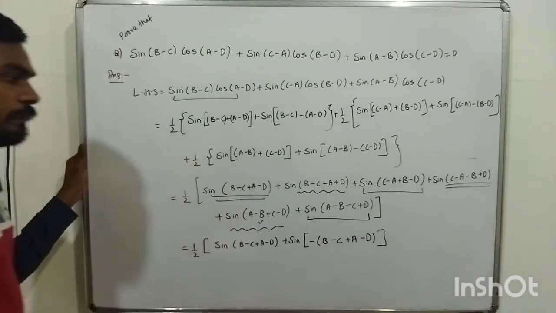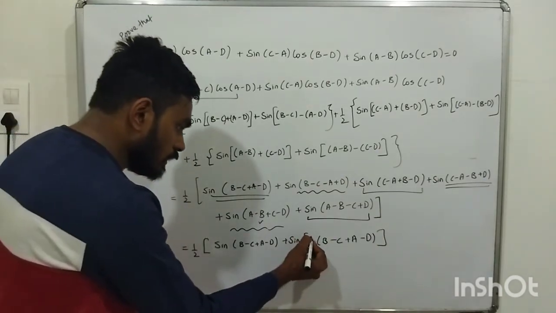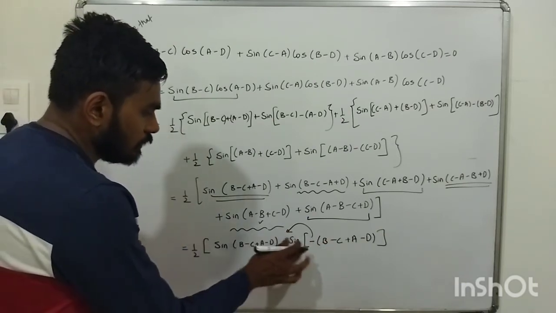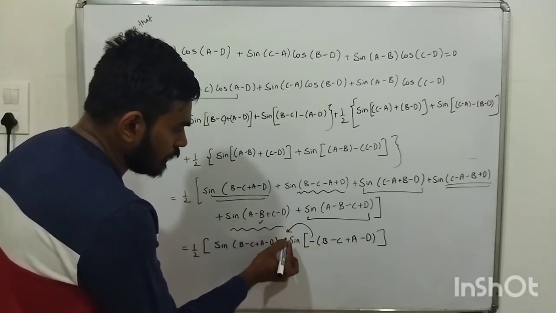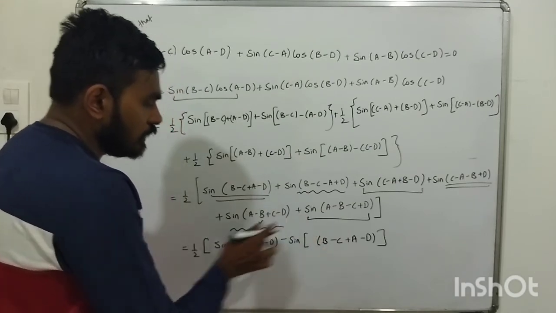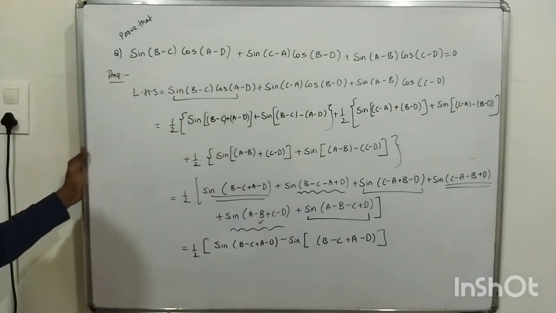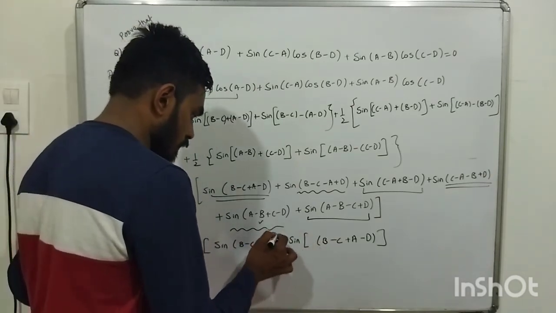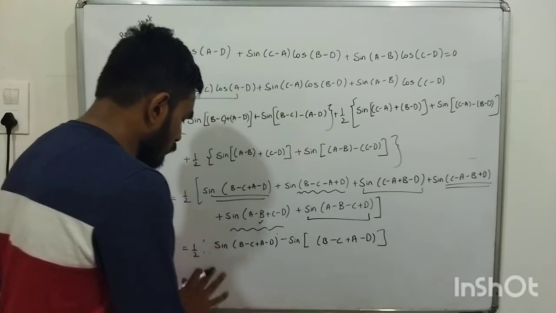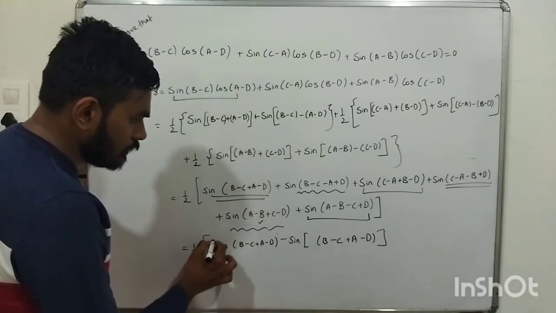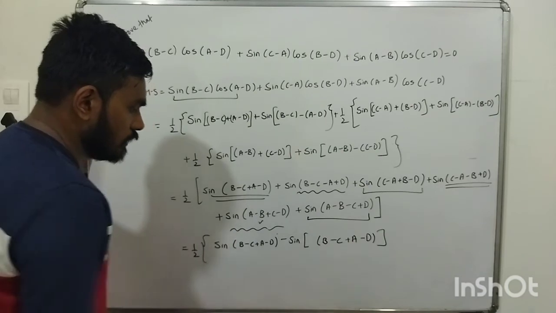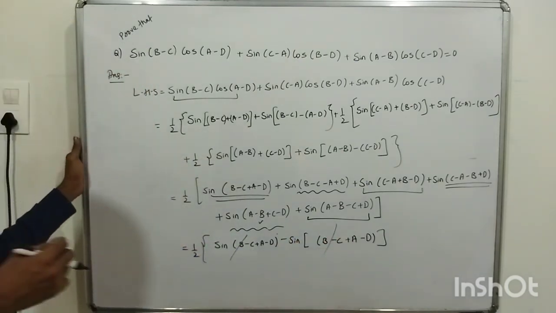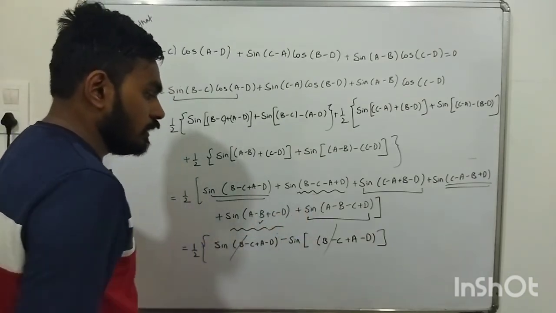Like this we get. Now what we can do? We can take this sign outside, correct? Sine of minus theta is minus sine theta. So this sign, if I take outside, this will become minus, correct? So this and this two go, this and this go, because, understood no? This and this go. So this term and this term go. If I put square bracket, this curly bracket here like this, if we see this, so this term and this term go. Similarly, which two terms will go? This and this will go, correct?